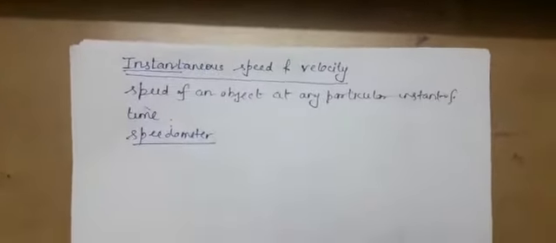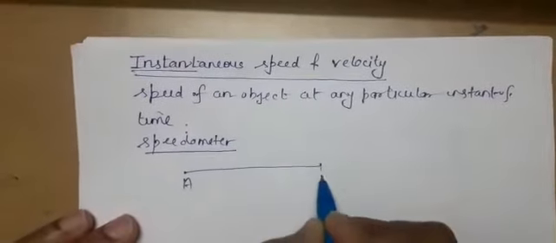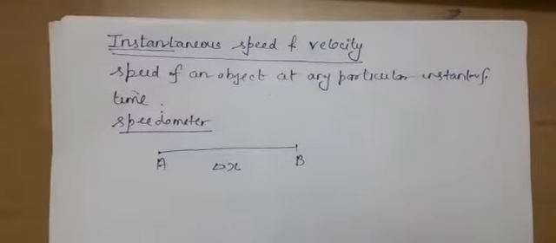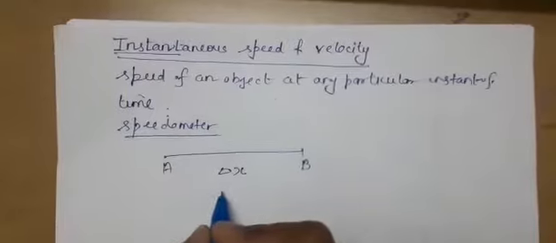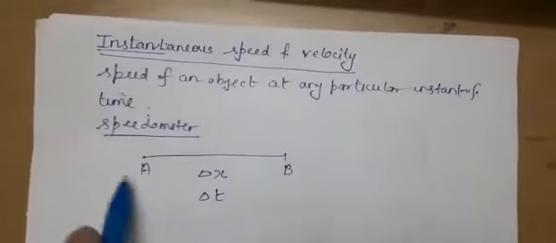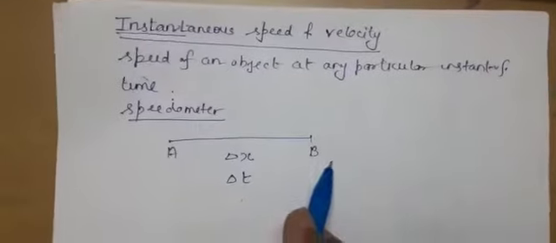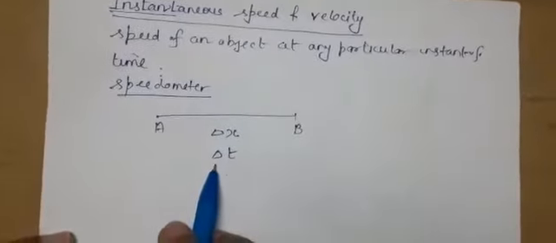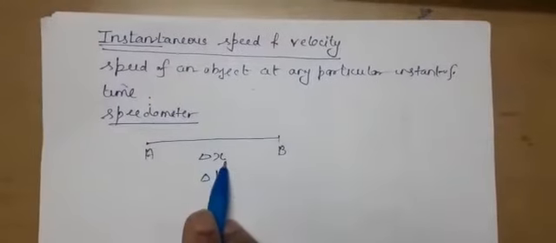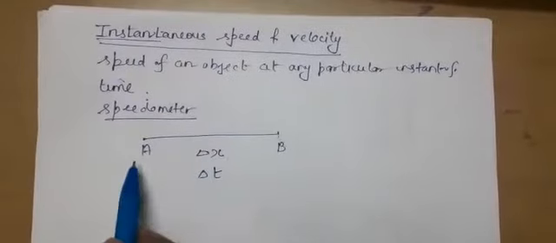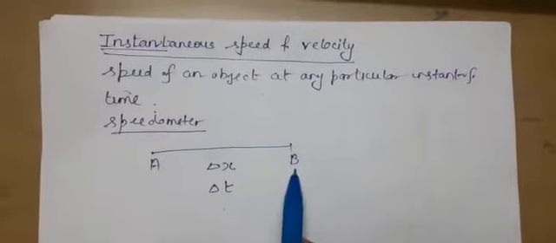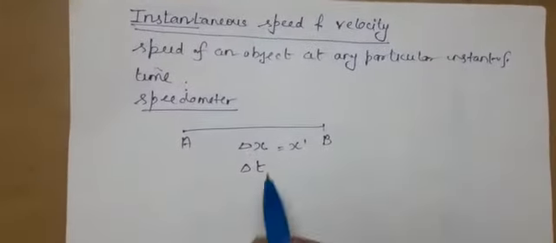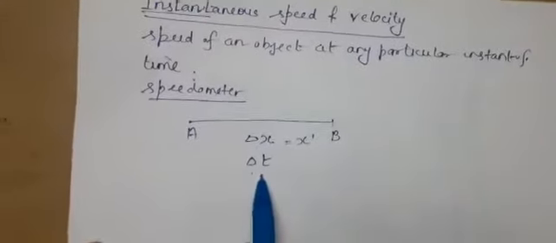If we take the concept of average speed, suppose A and B are 2 points separated by a certain distance. Let me represent that distance by del x. And let a car or any body take a time del t in covering the distance from A to B. Here this triangle x is referred to as delta x, del x, covered in time del t. Basically, this delta symbol has been used for change. That means A is at one particular point, B is at another point. So the separation gap is represented by del x, and the corresponding time taken is represented by del t.